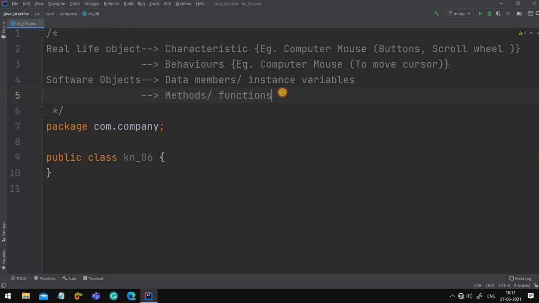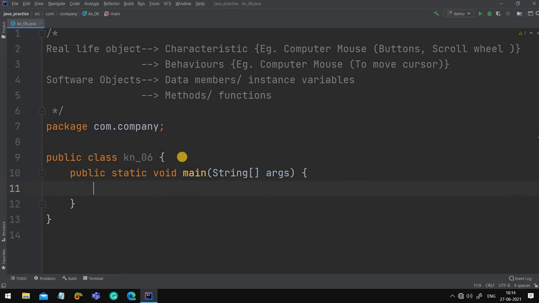Now, let's see them. For methods and functions, I'll give you a separate video. There will be a separate video for functions or methods, you can call them. In that video, it will be completely covered. As of now, let's understand about objects and classes. First of all, let's create a method. This I told you that it's a method. This only is the method. Now about this also you will get to know in detail in that video. This we have created. Our work is over here. Okay.